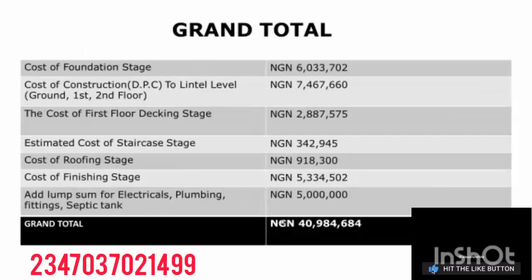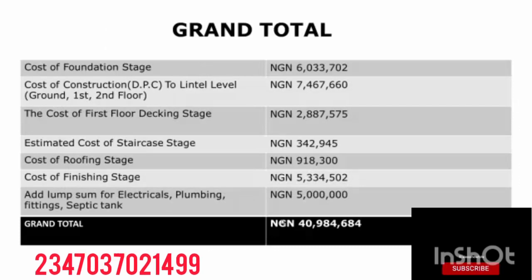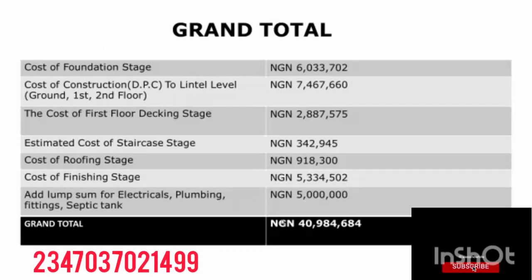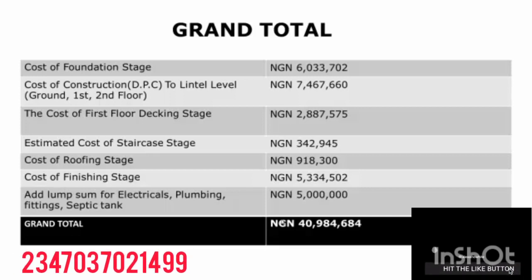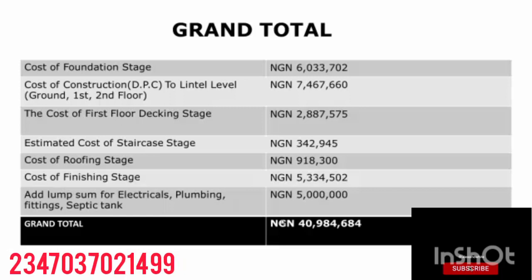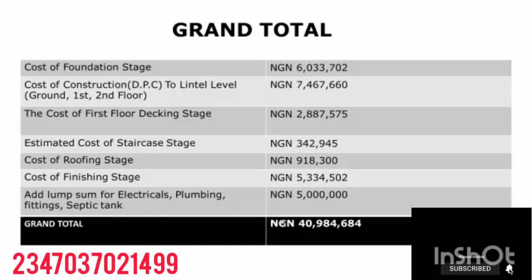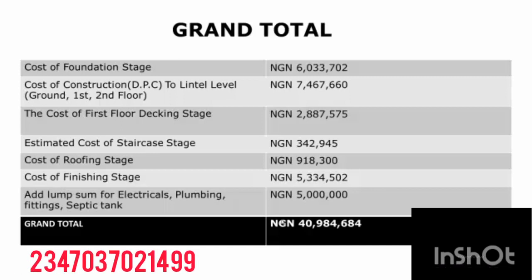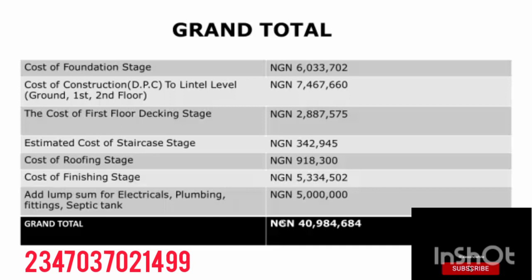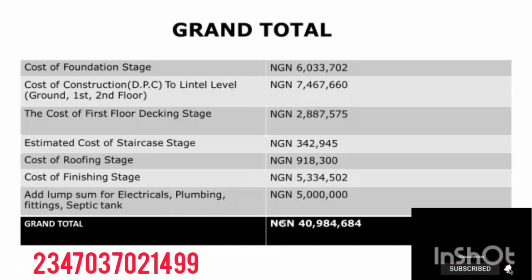Okay, now this is the grand total of the amount. Cost of foundation stage, everything I listed, everything from A to Z here. Now I have a grand total of 40,984,684. Now this total amount can be more than this. At the same time, it can be lower than this, depending on your taste of material, depending on who is building the duplex for you, depending on so many factors: the block wall, the material, the price you are buying, where you are building, the size of the house. Everything has so many factors. But what I have here is about